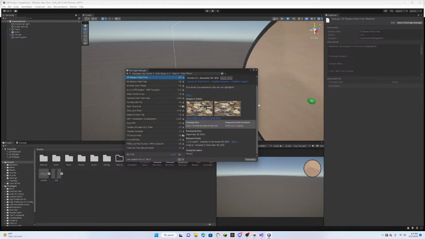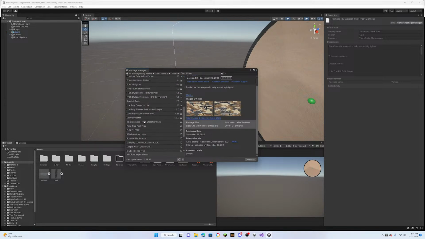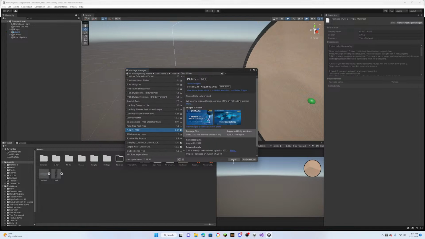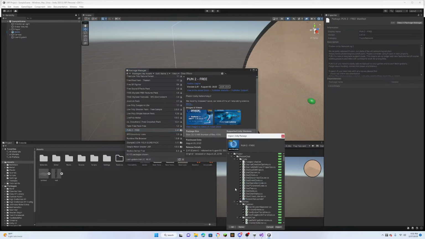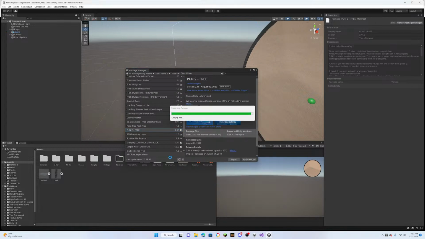That was weird. I've never seen that happen. I do want to load all of them though. And we're going to go to Photon or PUN2. Import. It is fairly easy to set up multiplayer with this, so